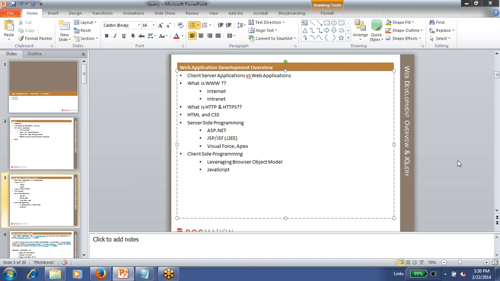Okay. Somebody had a question: how do I send a variable from client side to server side? You don't send a variable from client side to server side. You send information from client side to server side, right? So as part of the HTTP specification,